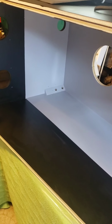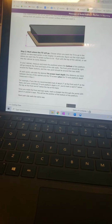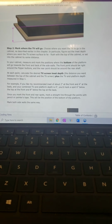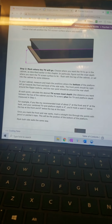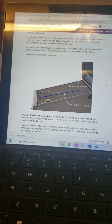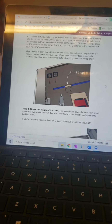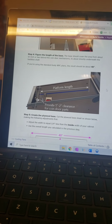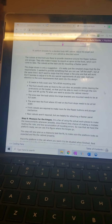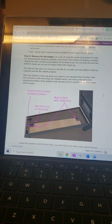So I'm back out here in the garage. I'm going to be measuring the cabinet. I did want to show you what I'm using. I don't want you to think that I know what I'm doing. I'm really following an expert guide that was written by someone, and it basically walks you through the process. Before I did the measuring, and then it tells you where to put tape on the inside. Step 3, adding some stops, measuring the length, cutting the wood. Remember those grooves that I did. So I'm following this basically to the letter for this part,